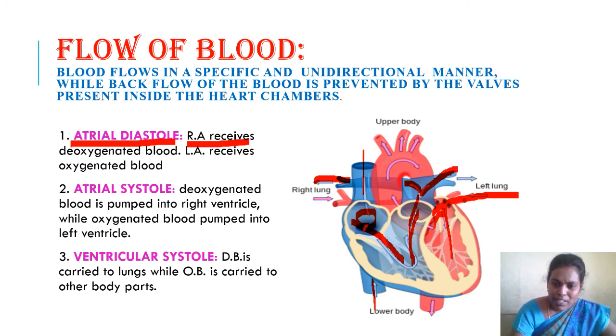At the same time, the left ventricle contracts and this oxygenated blood is pushed into the aorta, which is the big blood vessel. Through this big blood vessel, which is called the aorta, the pure blood reaches all parts of the body. Through these blood vessels, and down also, we can observe this aorta going to all parts of the body. I hope you have understood how blood flows from one part to another part.